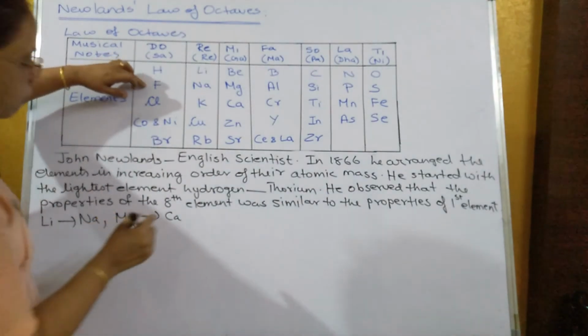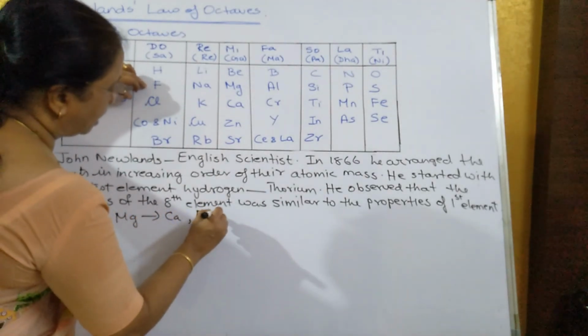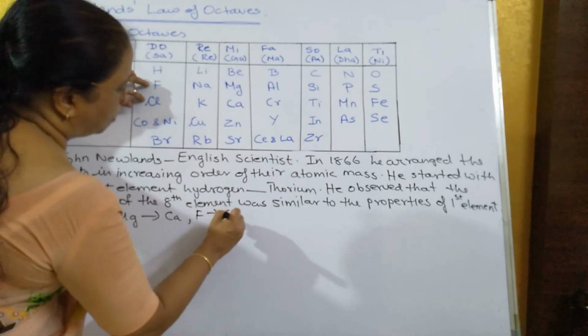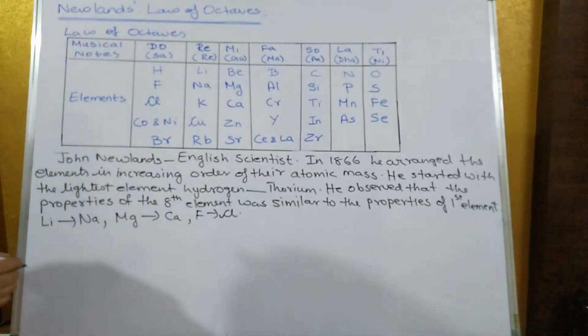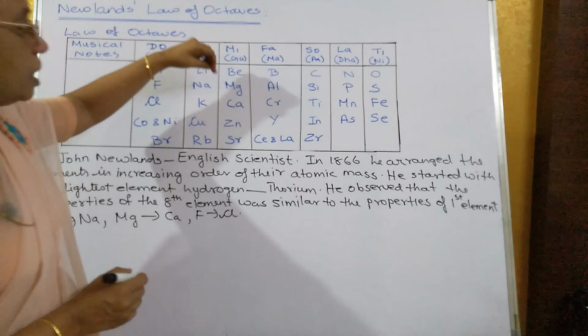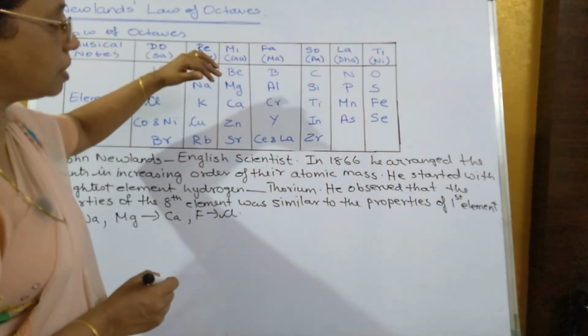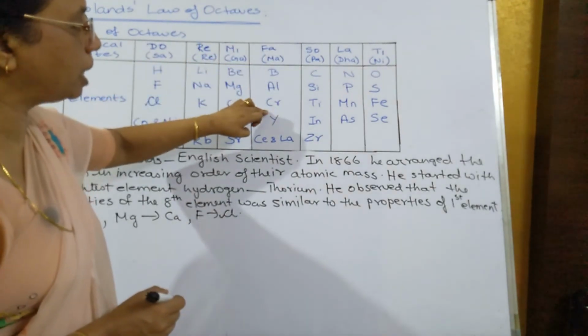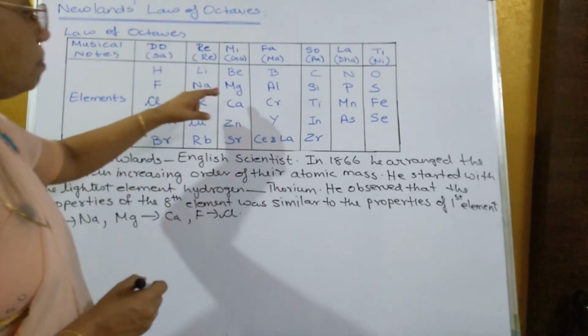If I take fluorine, then the eighth element will be chlorine, and the properties of fluorine and chlorine are also similar. Remember, it is from magnesium, not after magnesium. If you count from here, you will get the eighth element, chromium, but from magnesium means you have to start